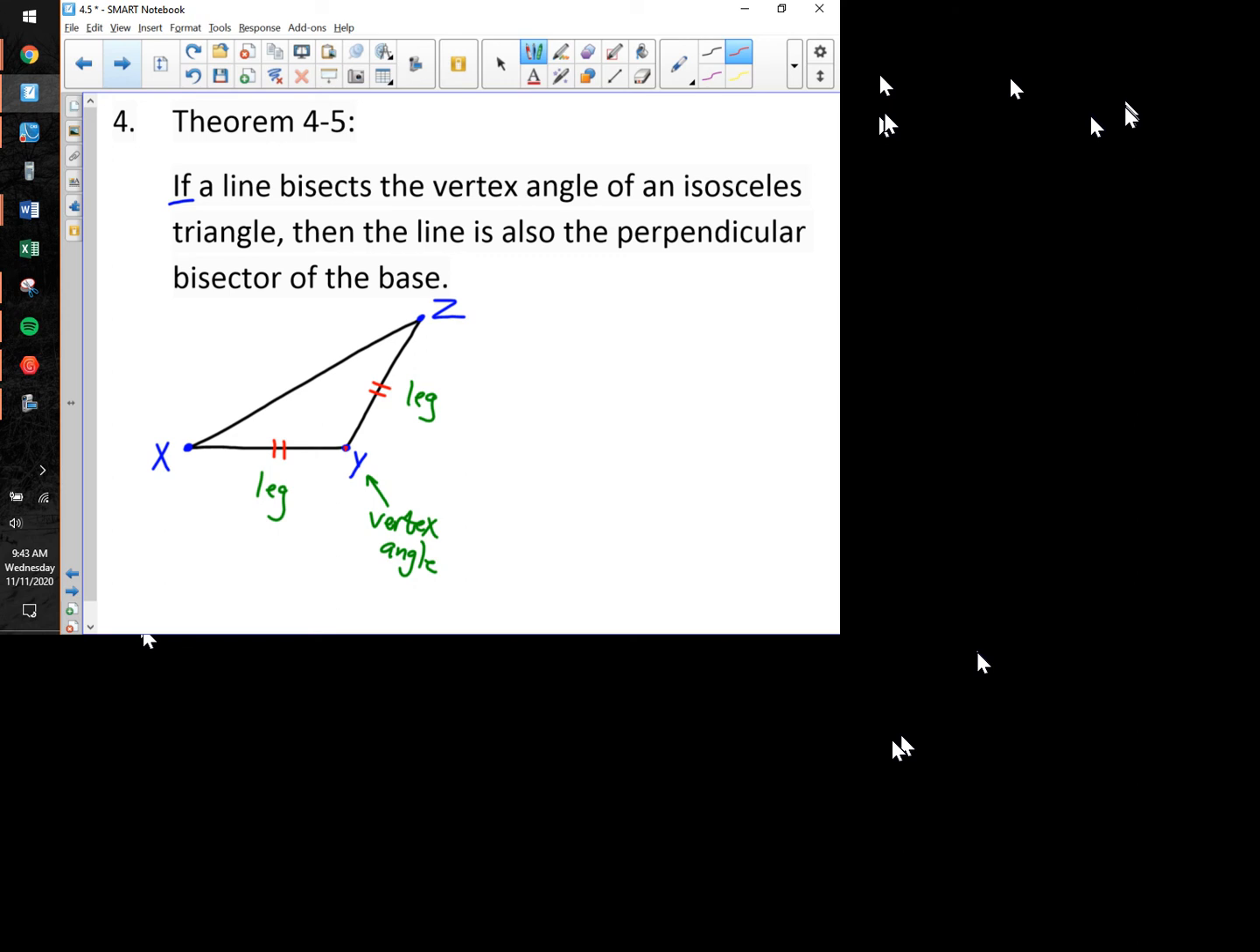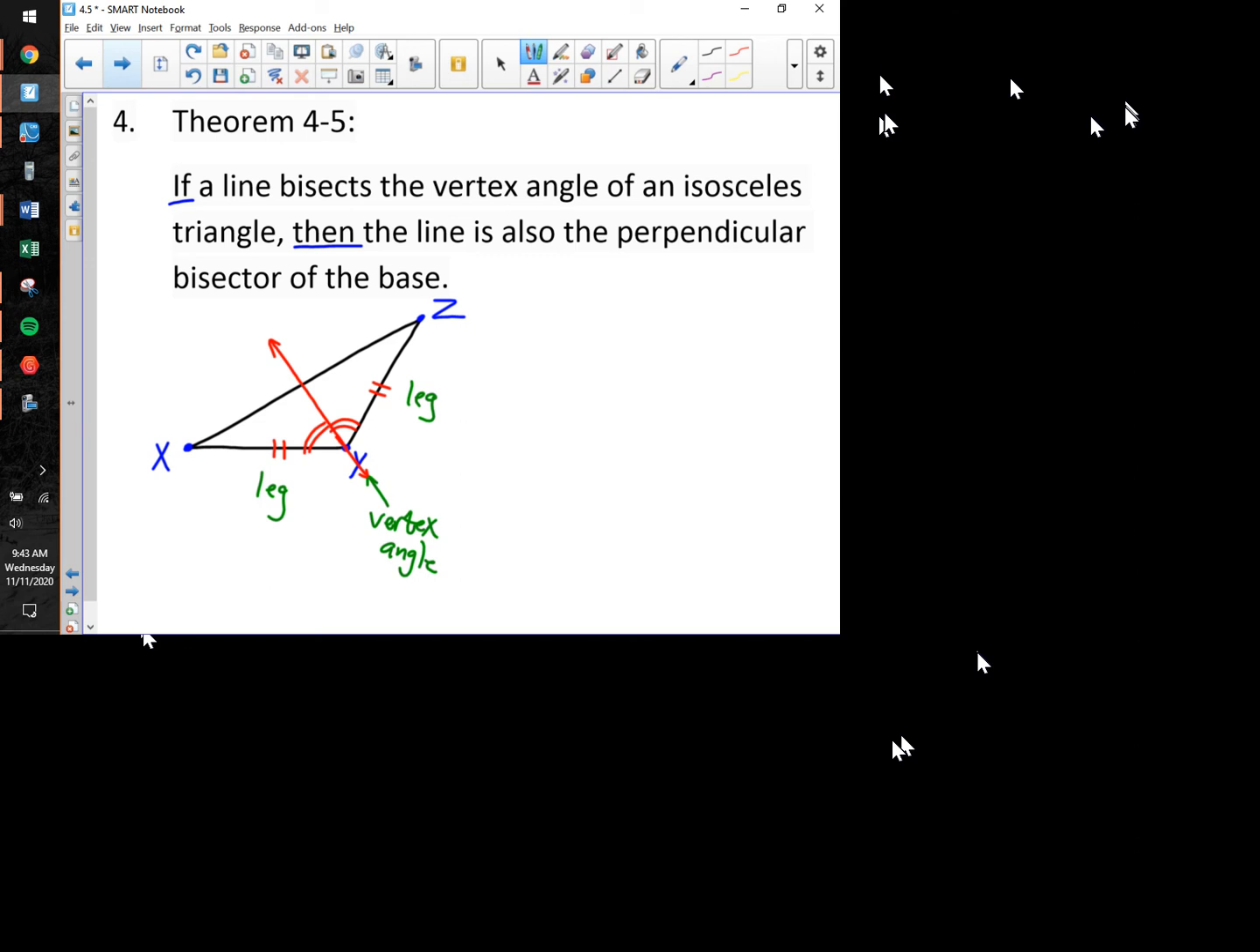So I'm going to draw the line that passes through Y, okay, that bisects that angle. Bisect means this angle here is going to be congruent to this angle right over here. All of that, everybody, is the hypothesis of this theorem. If a line bisects the vertex angle of an isosceles triangle, and now it's time to start reading the conclusion now. So if all of that happens, then that line, what we have drawn in red, is also the perpendicular